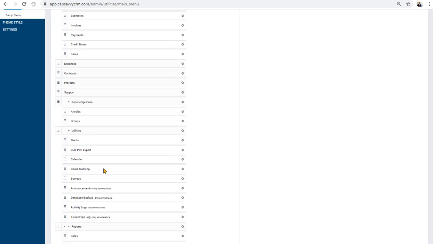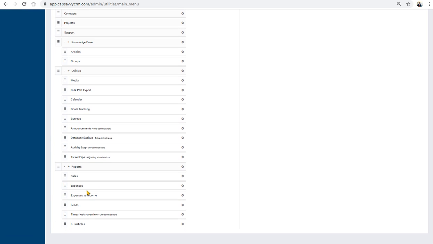Now, we just discussed the timesheet first, so we'll see the timesheet. So this was the timesheet overview. We want to see it in the main section. How to do that? We'll just bring it down and keep it here. So now it has come to the main section. Now suppose, because it is a little longer, you want to change it to a single word, timesheet only, you can do that also.